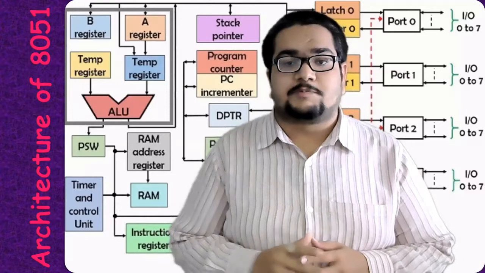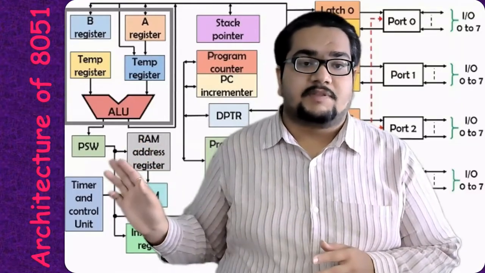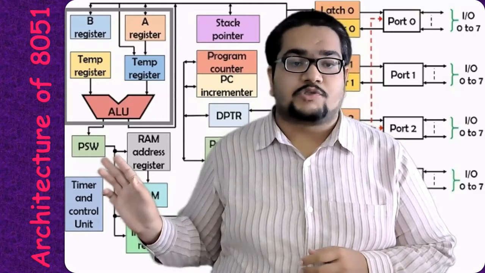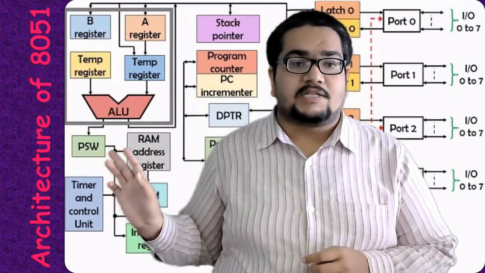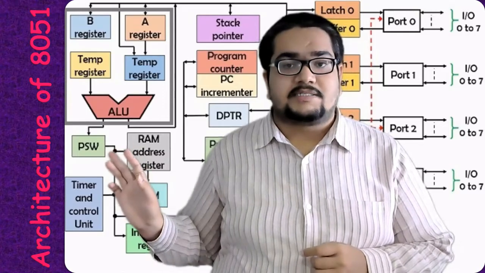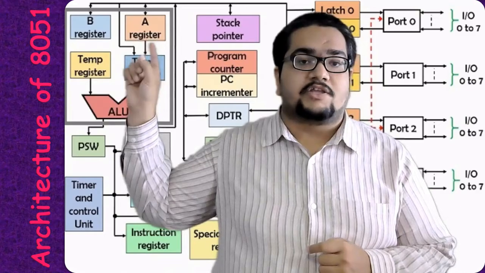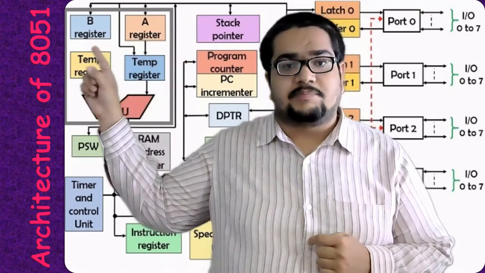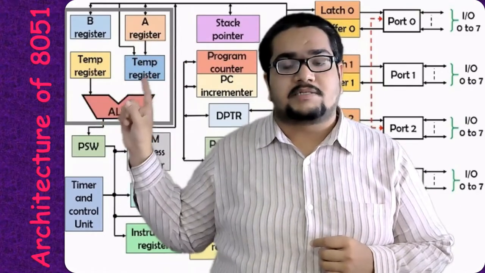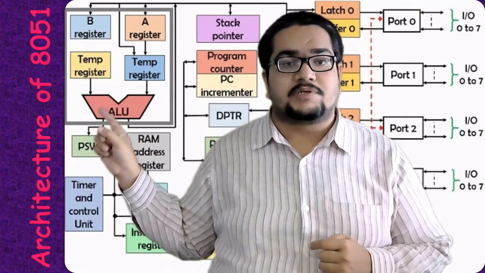On this particular side, you can check it out. We have an ALU which is connected with the PSW. The outcome of the ALU is always indicated and stored in the PSW. PSW is the program status word. It is similar to the flag register of 8086. And there we have the register accumulator A and register B. Two temporary registers are there, which store the operands of the ALU for operations.